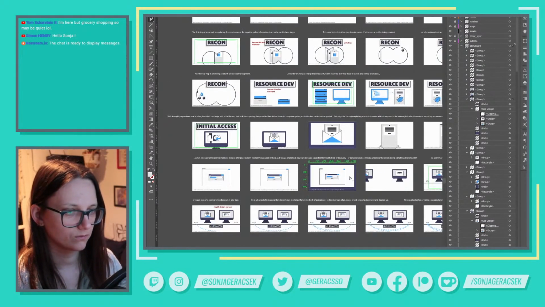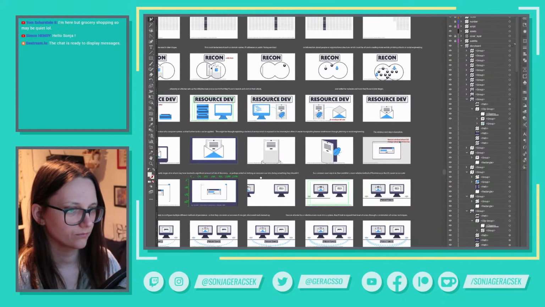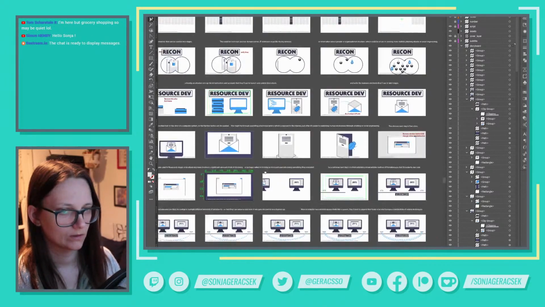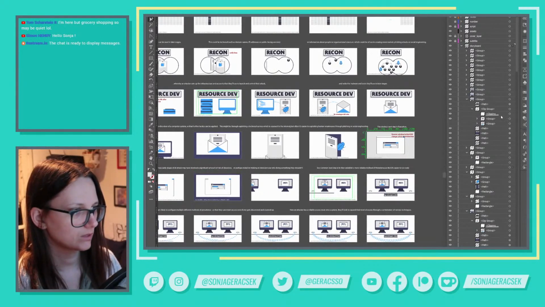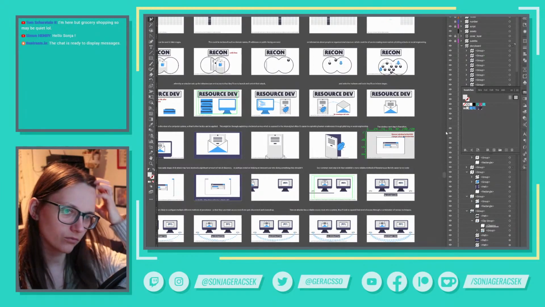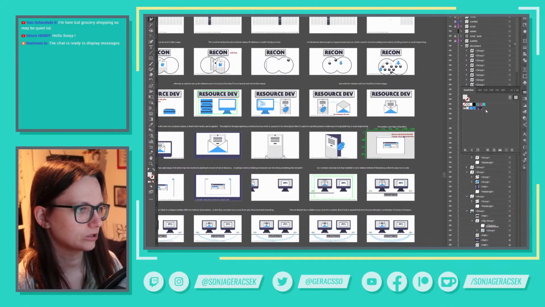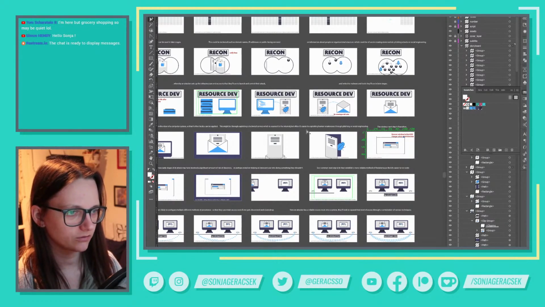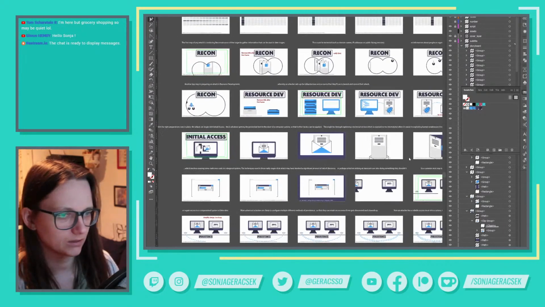Now this is a little... So why is this gray again? Oh, right, yeah. Okay, so I actually have to make the little sheet of paper white as well, because